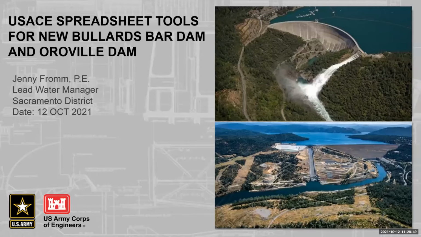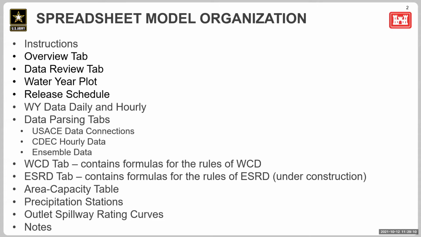Anyway, we have spreadsheet models that are really simplistic. We have them for each of our core models, and we either have them already for our Section 7 project. So a couple of screenshots today to walk through what they do and what they look like. The way they're organized is we have an instructions tab, so that in case someone's new, they can read the instructions. An overview tab, data review, water year plot, release schedule, some daily and hourly data,